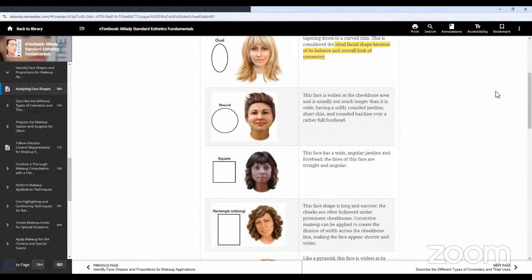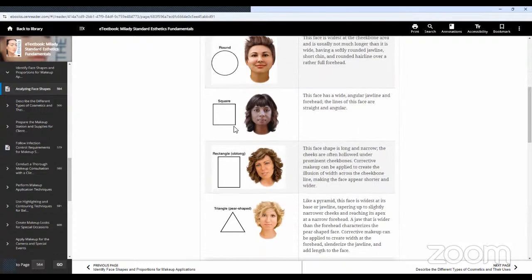Widest at the cheekbone area. Okay, widest. Soft round jawline, round hairline. You got a full forehead. Square. Now, when it comes to the next three, on your clients that you can see points, you definitely want